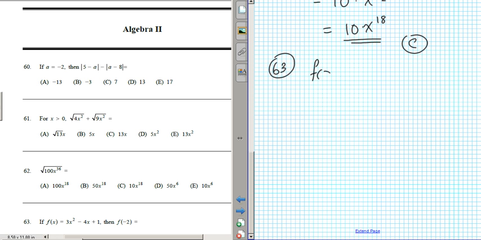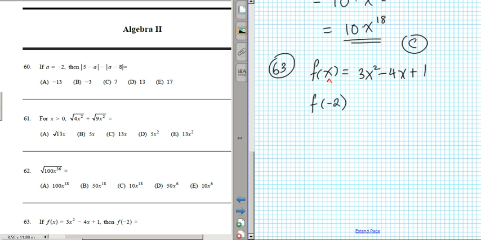You're given a function: if f of x is 3x squared minus 4x plus 1, find f of -2. So what this is asking you to do is, you see the difference? What's the difference between these two? You notice that